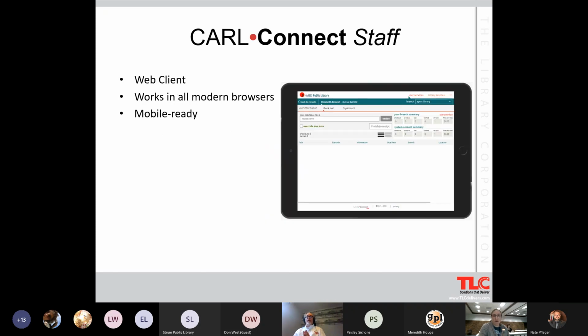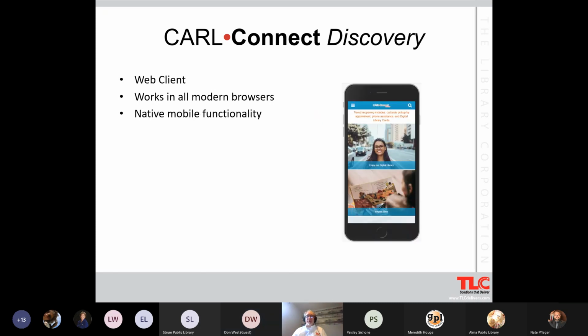but we've also developed CARL Connect Staff. That is in active development. It is completely web-based. As you can see, it is mobile ready, and our public services has really migrated over to this web-based interface, which can be deployed anywhere and everywhere. It was originally designed for outreach, and we're going to be spending a lot of time today in CARL Connect Staff and in CARL Connect Discovery,